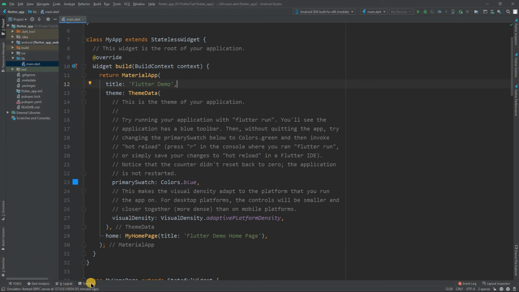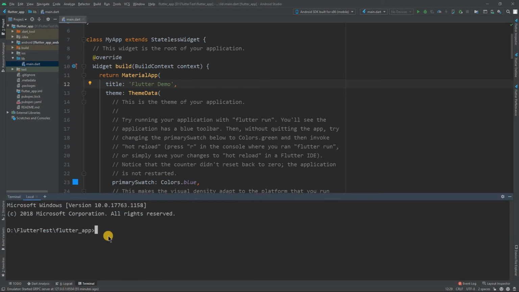And in the terminal section you can use it just as you use your computer's terminal. Like I can say cd .. and it will take me back one folder, and if I again type cd flutter app, then it will take me to the flutter app folder.